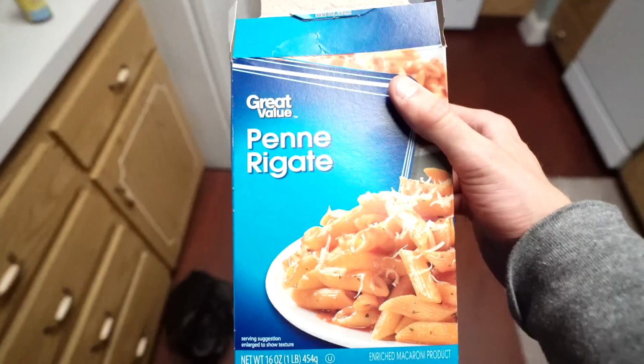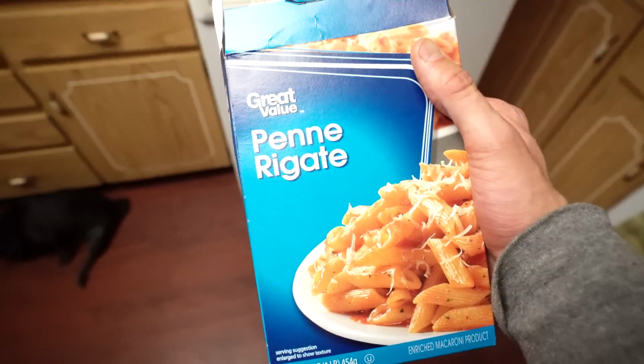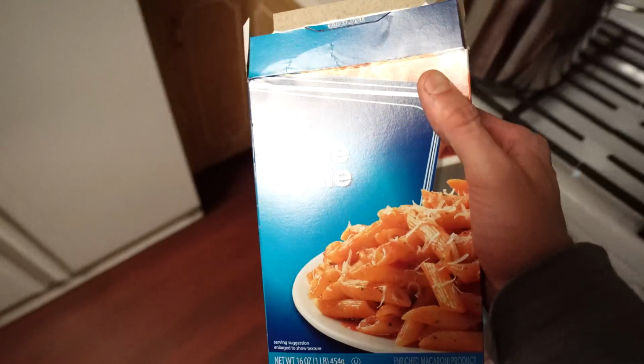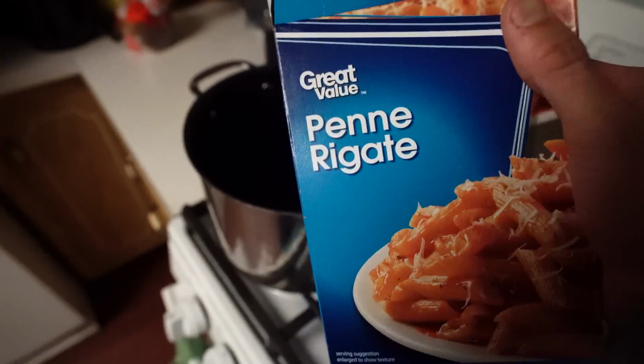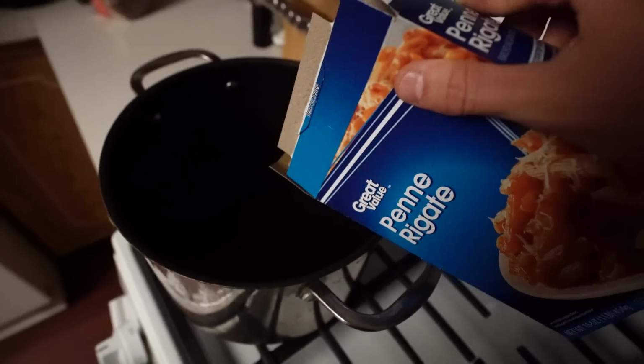Next up, we're gonna do some pasta. And I know pasta is a little bit simple. We kind of all know how to make pasta, but it's actually really awesome. I'm gonna show you a little bit of a way to boost the protein in it. But this is an awesome one to meal prep because you get so much for so little money and it's so easy to make. So all you're gonna have to do is boil some water and then add the entire